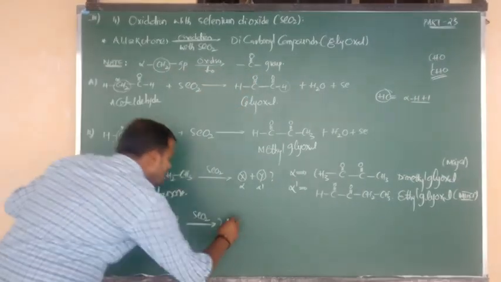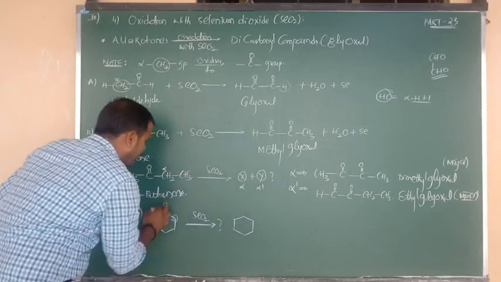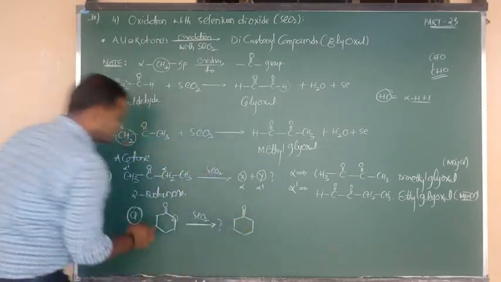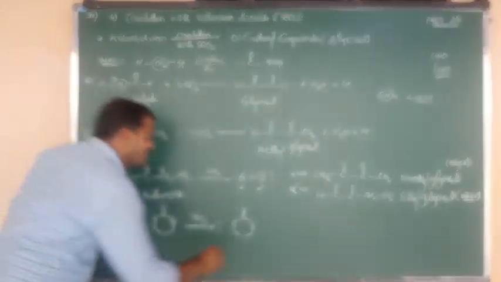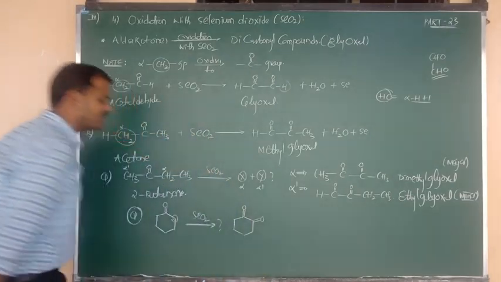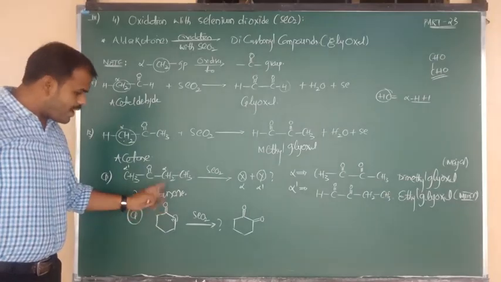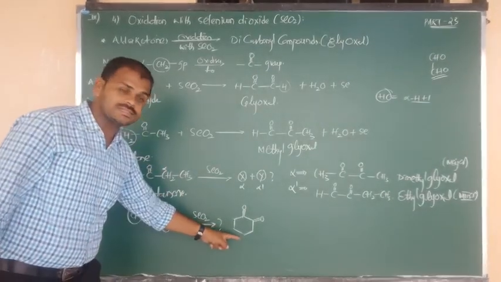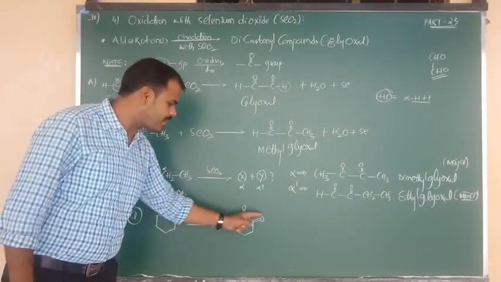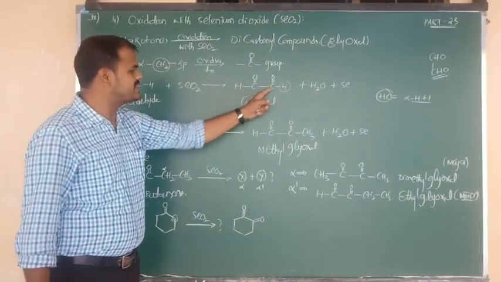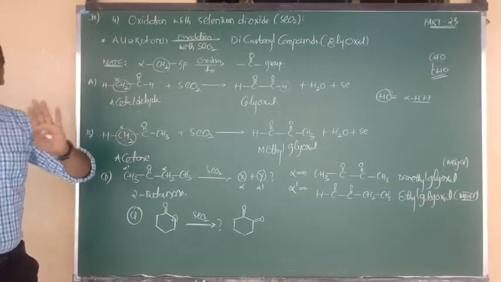Everything will be the same. So what can we write now? The answer is again the same thing. The cyclohexane ring I have taken, with the C double bond O group above the plane written as it is, and the alpha CH2 changes into C double bond O. So cyclohexan-1-one changes into cyclohexane-1,2-dione. Whatever that may be, C double bond O, C double bond O, it is in the form like this, which we call a glyoxal type compound. I hope you understand the story clearly now.